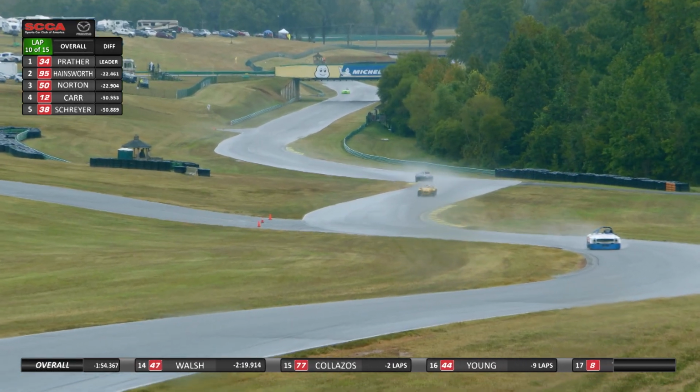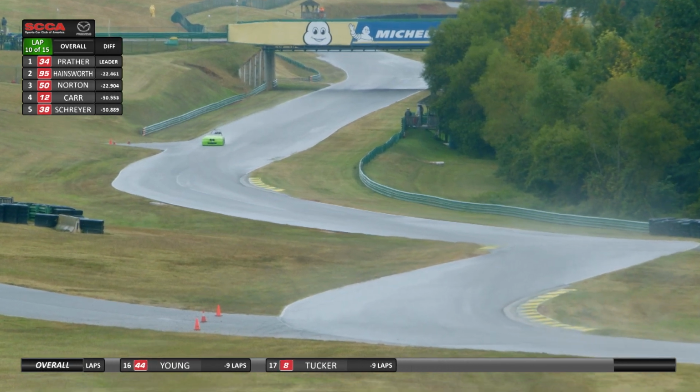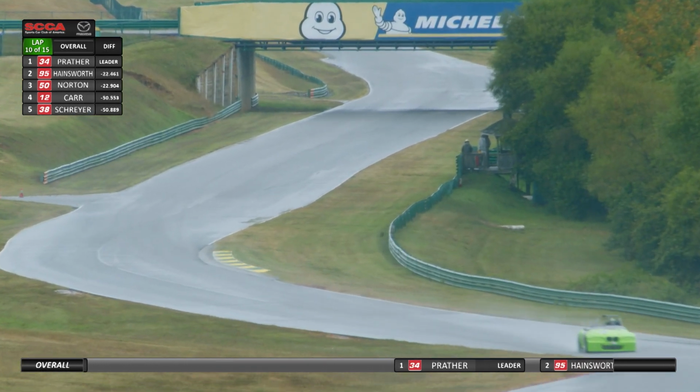So Peter Norton is going to start to put his head down and charge forward, and that was a classic textbook over-under, backed off just a little bit for turn 3, knifed underneath into turn 4. Now we're going to move back to that other